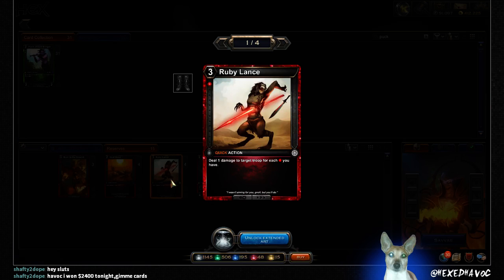But yeah, Ruby Lance is the main one here in this reserves. Obviously, there are many variations of this deck. For this one, we've got these cards in the reserves. Ruby Lance is very nice in that after turn 3, say turn 4, you can do it for 4 damage, turn 5, you can do it for 5 damage, and so on if you've been hitting your resources. Obviously, the downside to this card is that...